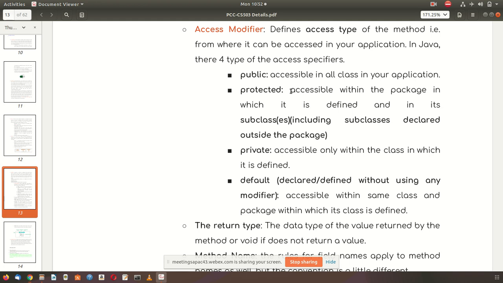Unlike public, which can be accessed without creating inheritance, protected data can be accessed by inheritance only. There is no other way of accessing data if it is made protected.